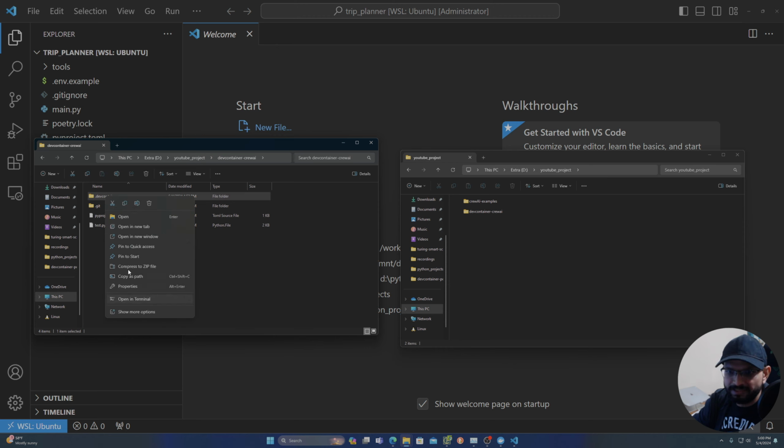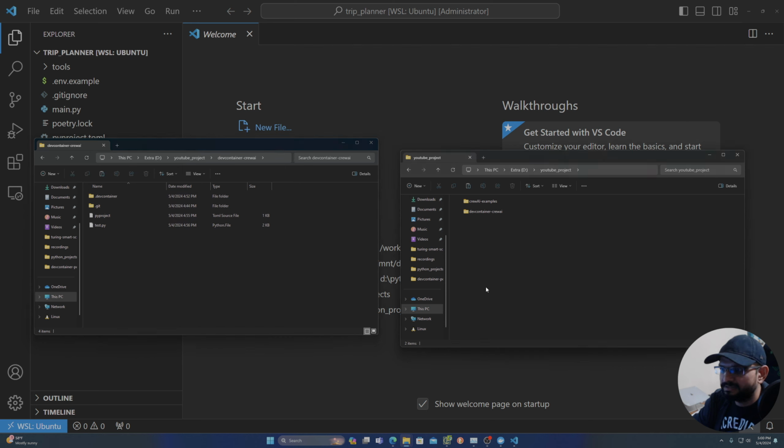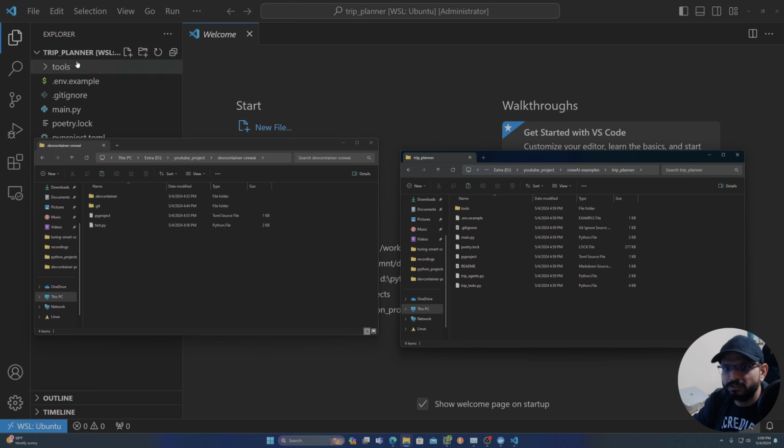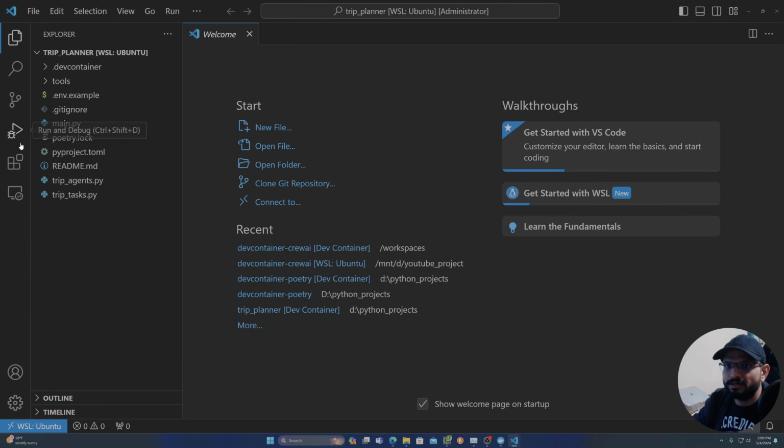So we'll copy this and paste it into our CrewAI example trip planner over here, right? So it shows up over here in trip planner. Then we'll come back to our VS Code, right? So we just copied our 2 files from the dev container